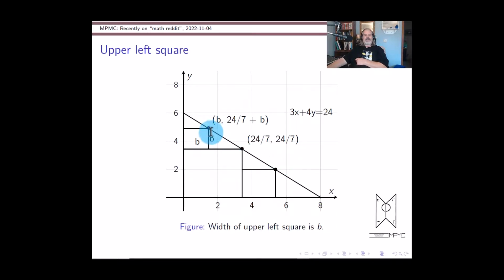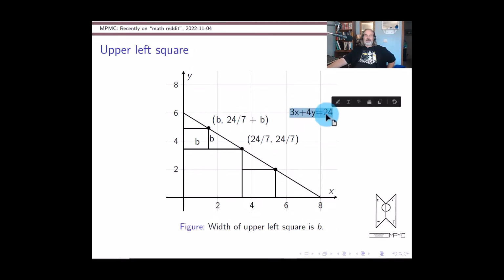And now let's take a trip up here to this upper left vertex. Same story one more time. We're going to label the width and height common value of this little square as b. The x coordinate of this vertex right here is just b itself, but the y coordinate, well, we have to start down here at the x-axis. We go up through the big square to a height of 24/7, and then go b more. And so that vertex right there has an x-coordinate of b and a y-coordinate of 24/7 plus b,